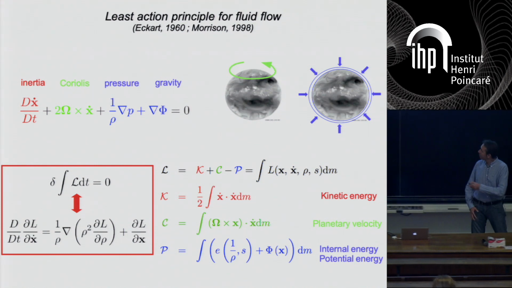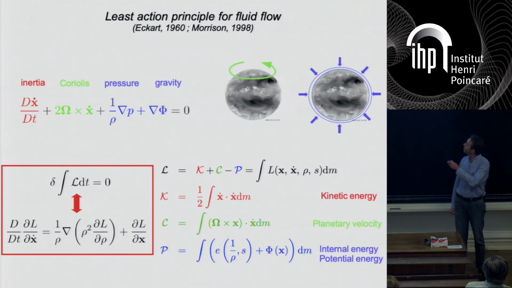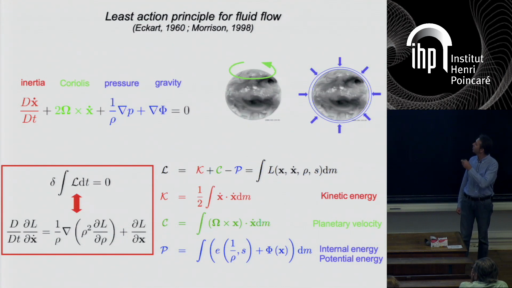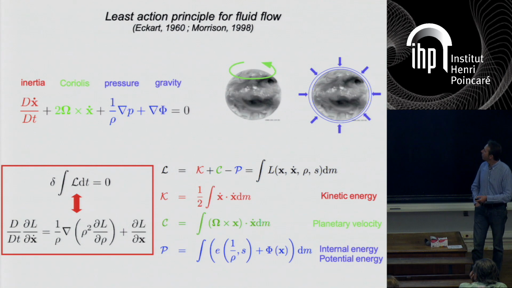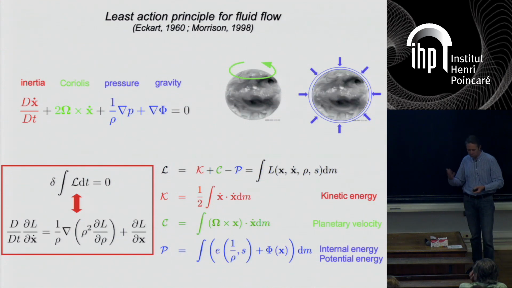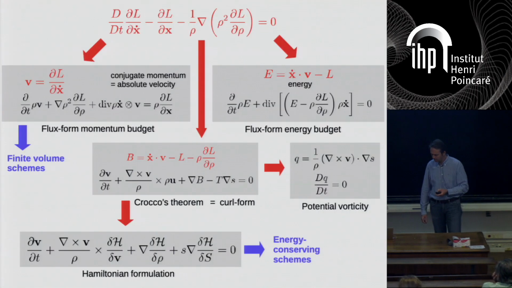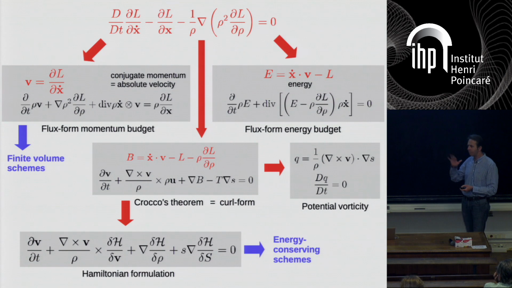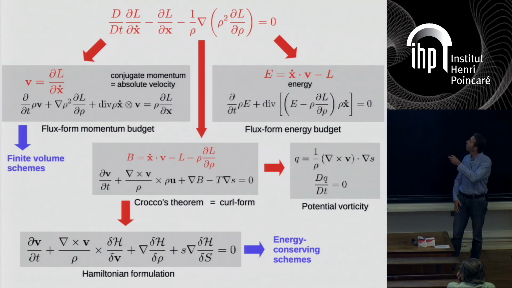Okay, so at this point, again, you have done nothing new, but you're in a position where you can make the approximations in the Lagrangian itself instead of doing them in the equations of motion. And if you do this, the equations of motion will remain these ones. L will change according to what you think is best, but you have the guarantee that you can always derive